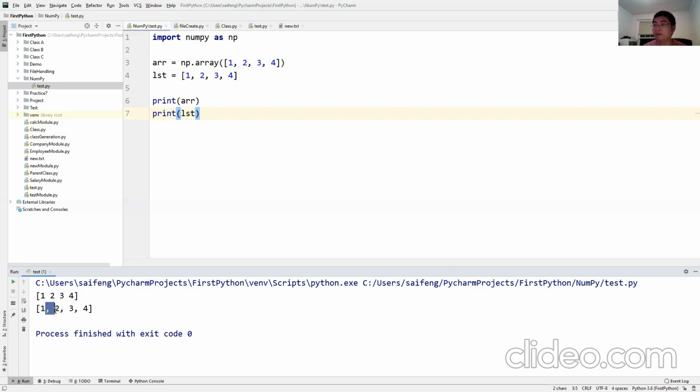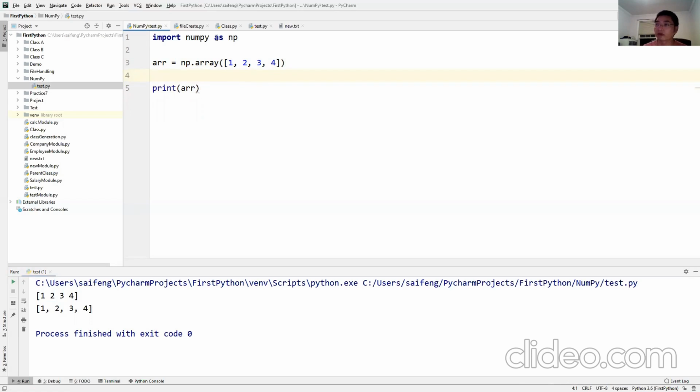Okay, so come back here. We have successfully created an array. Very good. Two things: don't forget to import NumPy and give an alias, which you can use to simply call the function. And use np.array to create a new array.